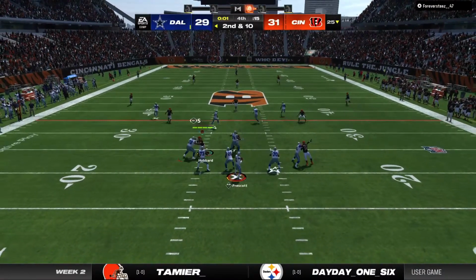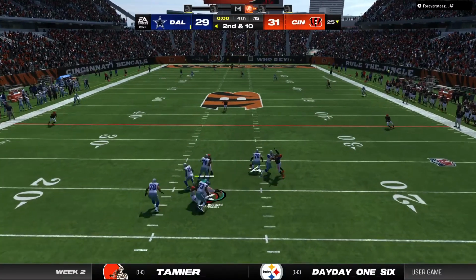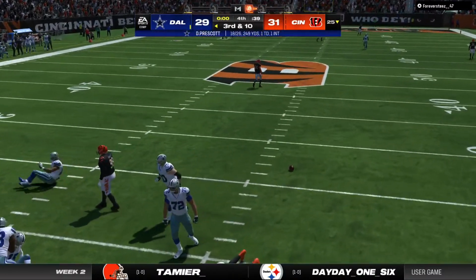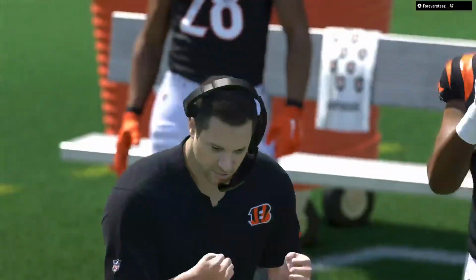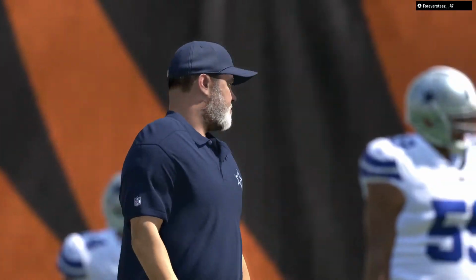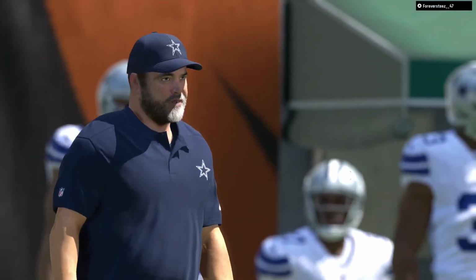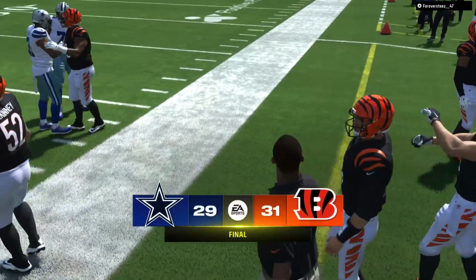One last shot now for Prescott. And it's incomplete. So their final drive comes up empty. And with that, the ball game is over. Well, it took us until the final play, Charles, to officially decide a winner. Although on that last play they were so backed up it would have taken a miracle, and they couldn't get